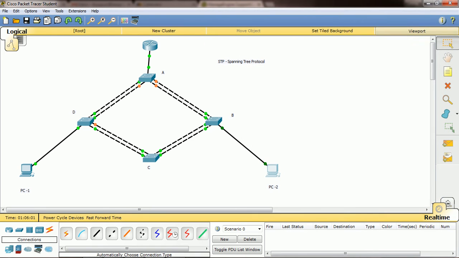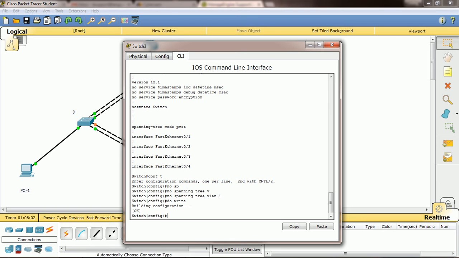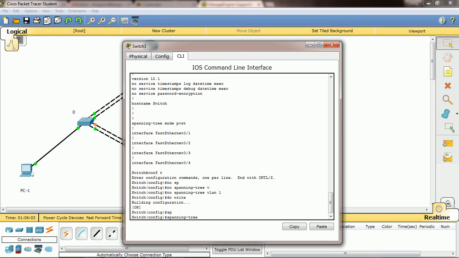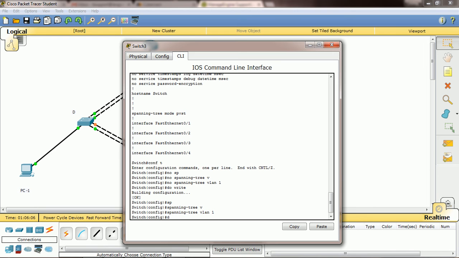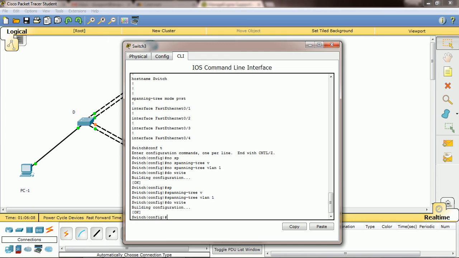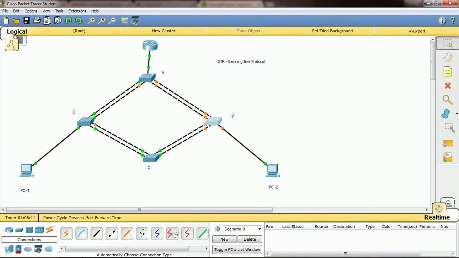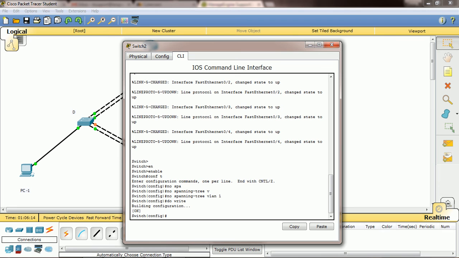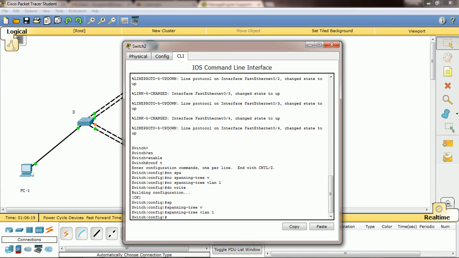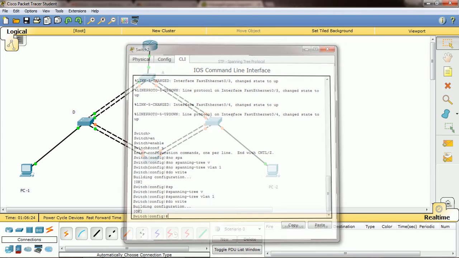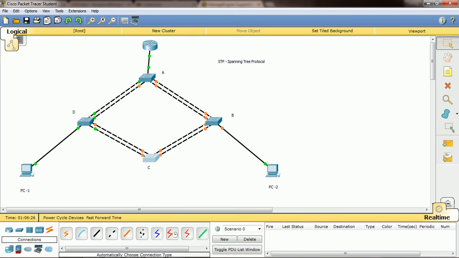So now what I will do, again I will enable the spanning tree here and let me check. Now spanning-tree vlan 1, right? Do write. Okay, then see this side it got applied, spanning-tree vlan 1, right? Do write. Okay, let me see this side also it's enabled. Now just wait, it will take 30 seconds to select the primary link path.